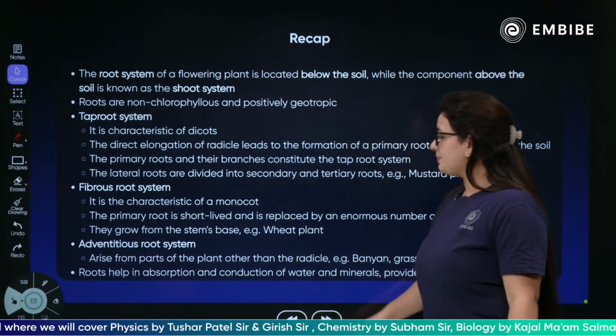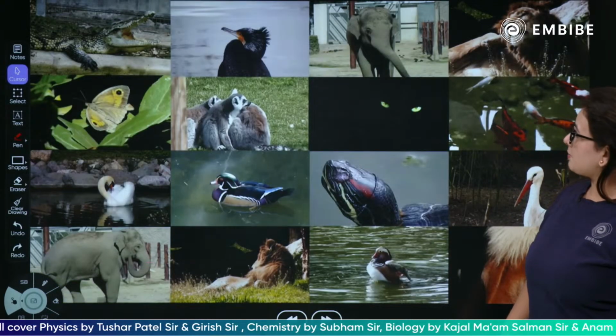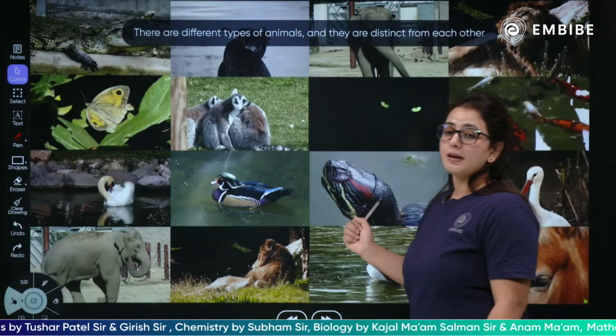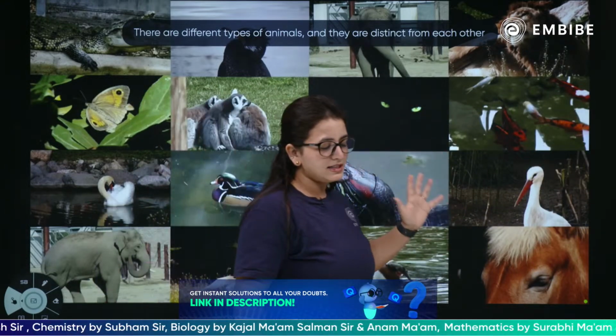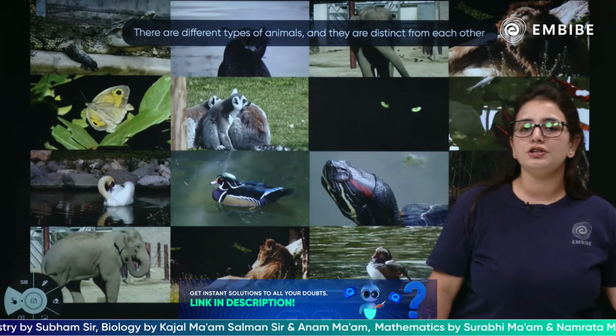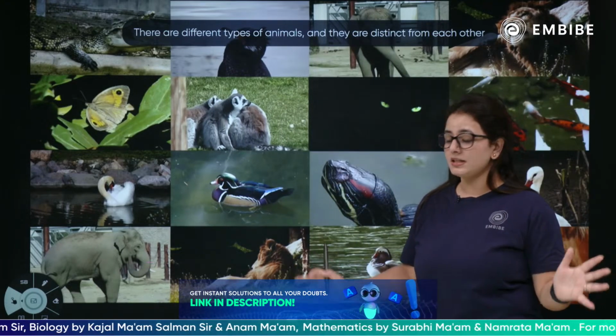So following the stem, the very first thing, children, that comes to your mind, yes, there are different types of animals and they are distinct from each other. Yes or no? All these animals are very much different from each other, yes or no? As you can see,